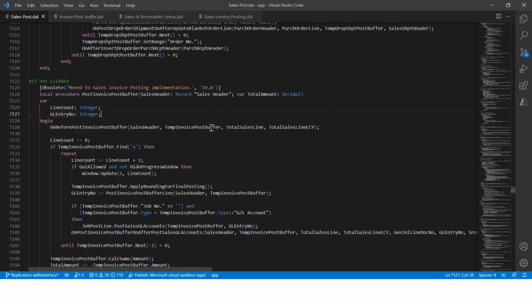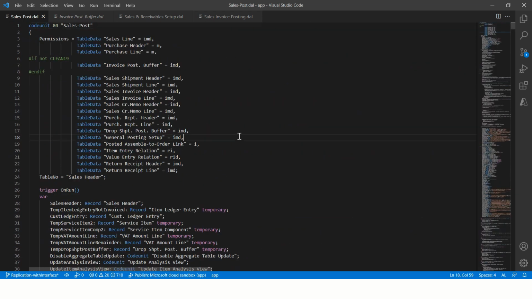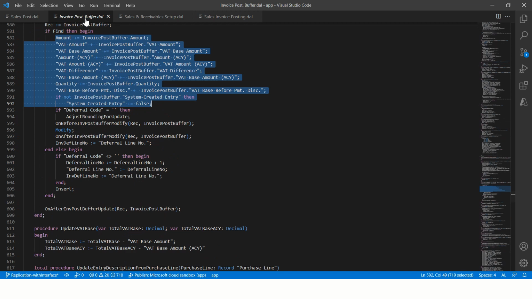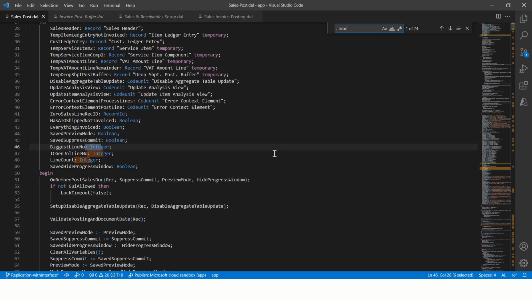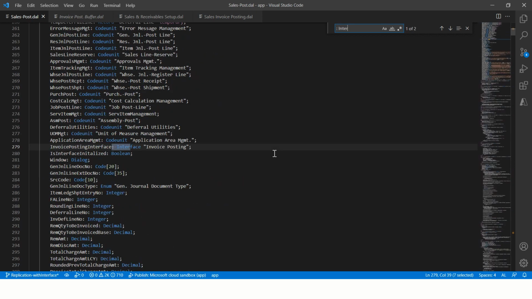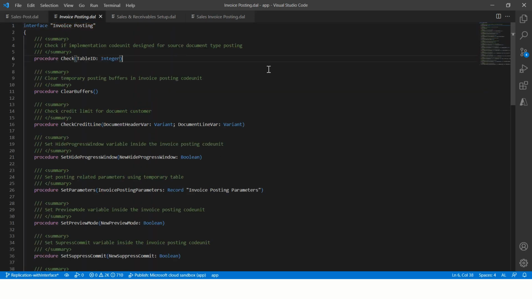So logically, now let's come to the change that they have done. Okay, so what they have done here is that they have created an interface variable. Okay, I'll take you to that variable. So there is a variable called invoice posting interface. If I go to that variable,